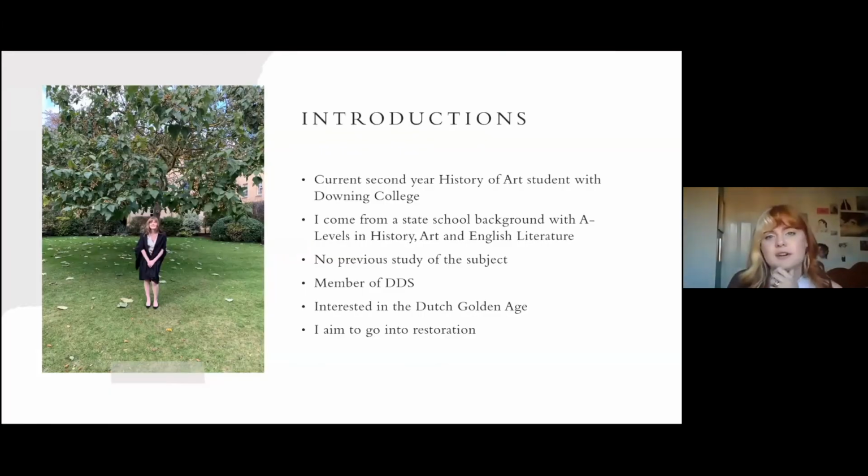First I thought I'd start with a bit of an introduction to who I am. I'm a current second year History of Art student with Downing College specifically. I come from a state school background with 3 A-levels in history, art and English literature. And prior to Cambridge, I had no background with history of art at all, other than the interest I'd kind of had in it through my art coursework, studying Rembrandt, and through art trips to galleries and just a